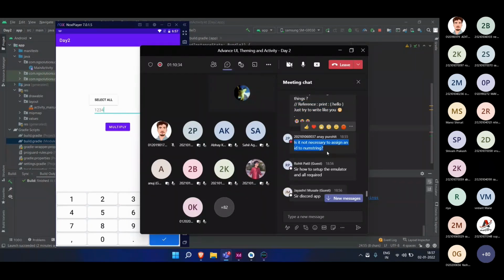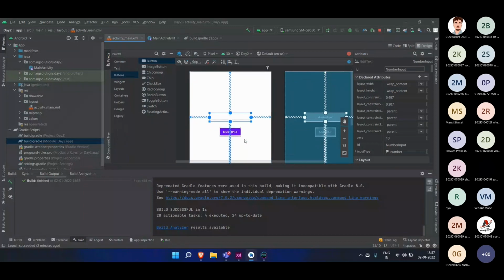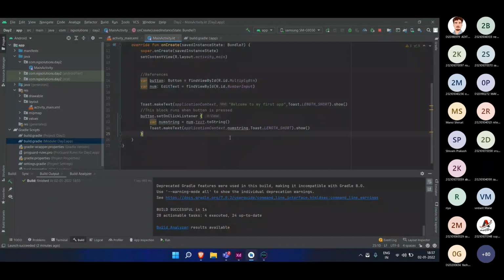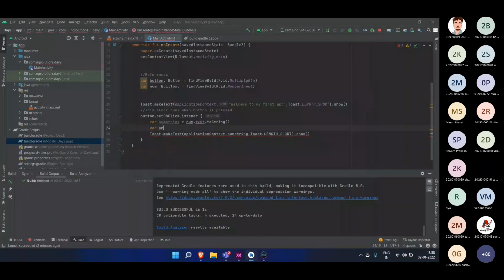Is it not necessary to assign an ID to num string? Okay, let me answer. See, a variable can take n number of things. One of the things it takes is elements like this from the front end, and the other thing it can take is simple data also. So I can just write here, what was your name? Ane. Okay, so here Ane, and I can write here great question.